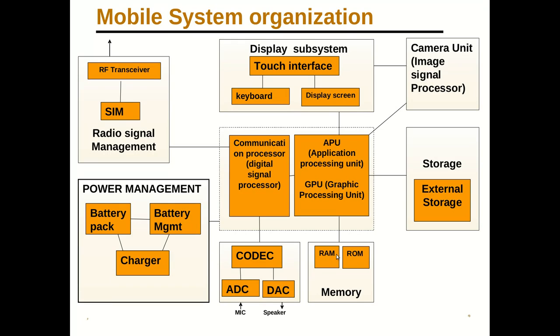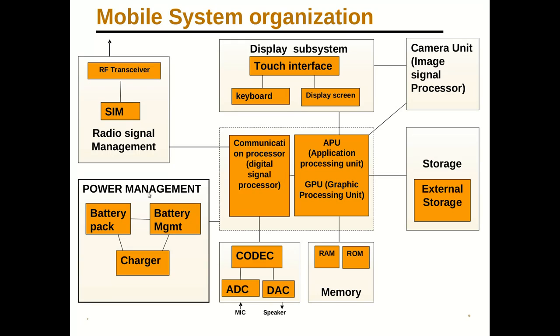It's a combination of two other subsystems. One is RAM. RAM is random access memory. RAM provides a platform for the APU and GPU to process real information, and ROM is responsible for storing system related data within your mobile, such as the operating system and other application data.